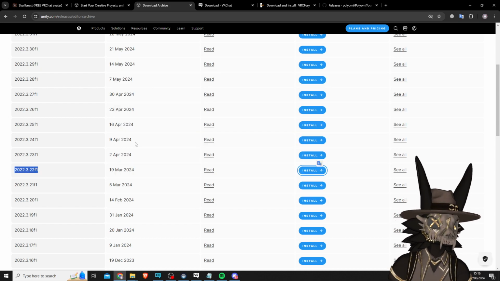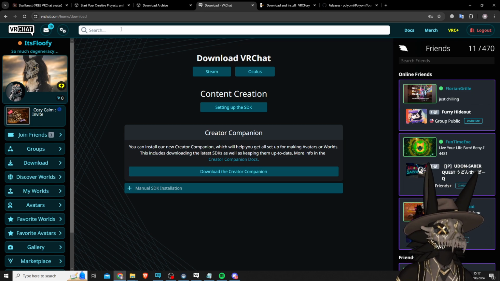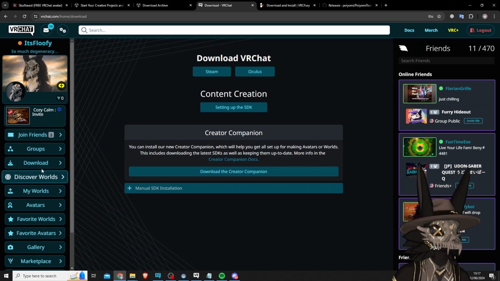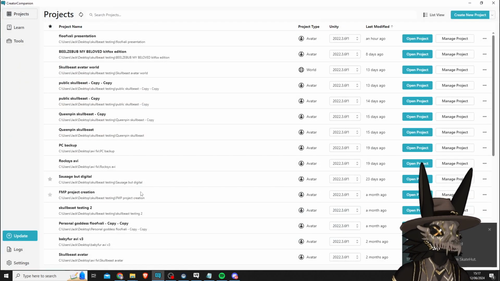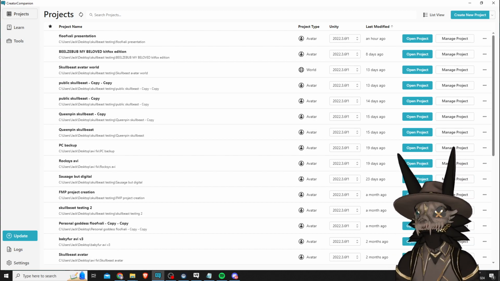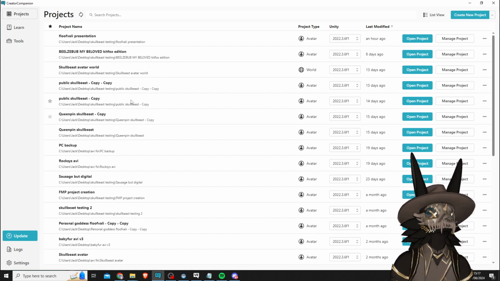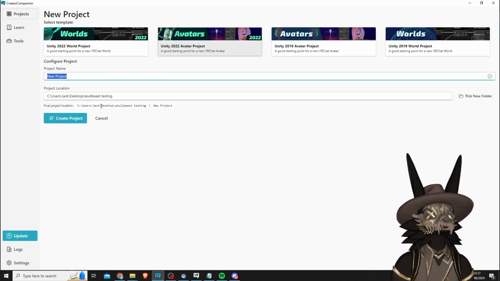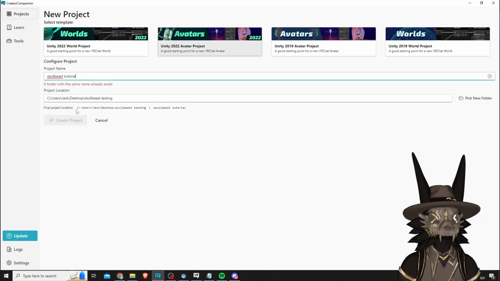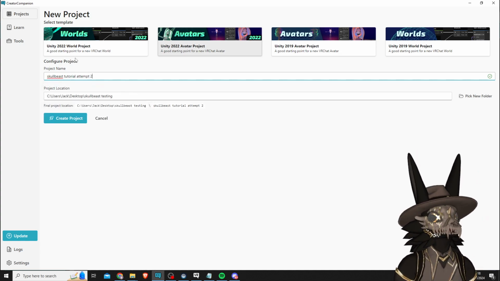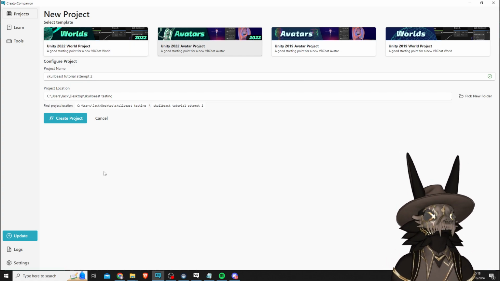Alright, so now that you have Unity installed, the next step is to download the Creator Companion, which you can get from the VRChat website in the Download tab. It's pretty easy to set up. Just run the exe file and log into your account. It'll look a little something like this, however, without all of the projects and stuff that you see here. You're going to want to create a 2022 avatar project. I'm going to call this Skullbeast Tutorial Attempt 2, because my first attempt went a little wrong,